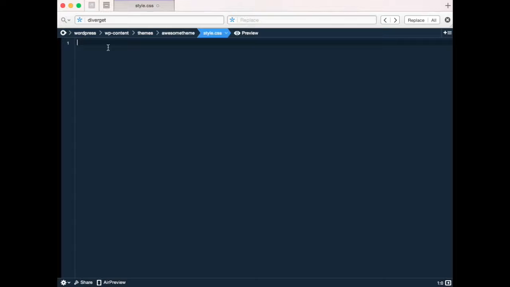So if we open the file, we have to start writing the description and the name of our theme. What is our theme made of? What is the name of our theme? What's the author's name, the description, the license, a bunch of information that WordPress needs. So as you can see, I created a code comment tag to list all this information, and WordPress is really